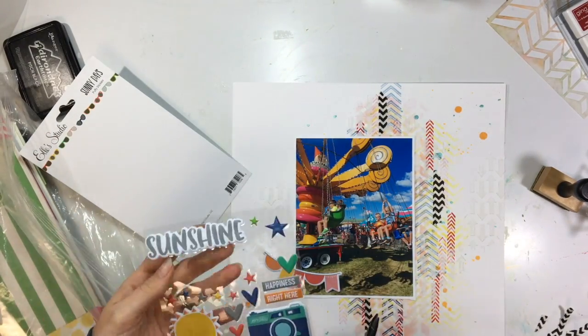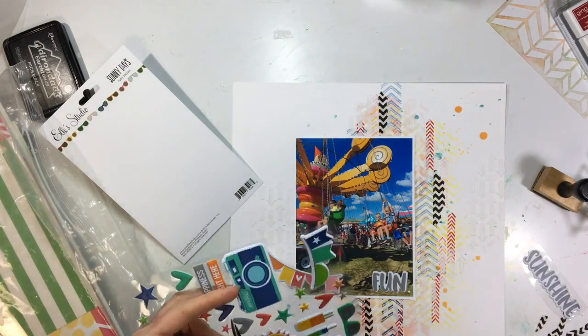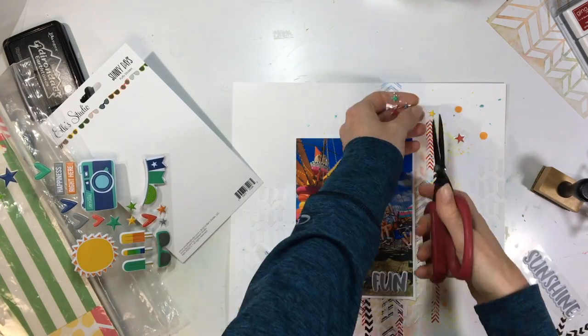I wish it was navy. I think that would make a big difference, but okay, so I have this puffy sticker set from Ellie's Studio,